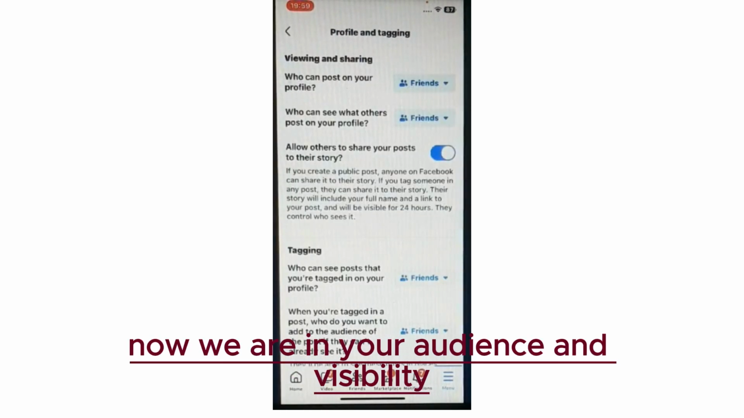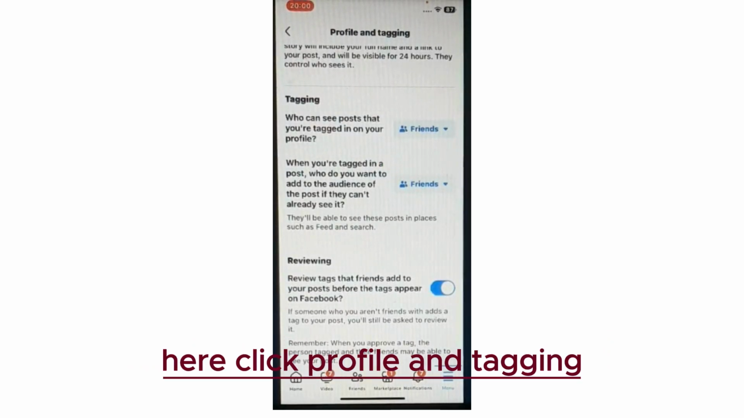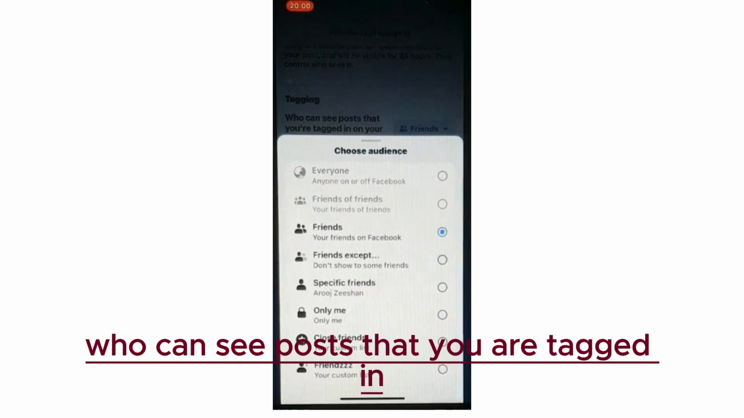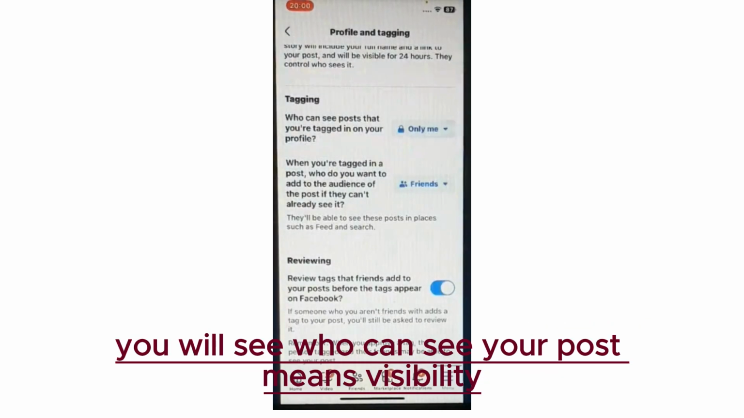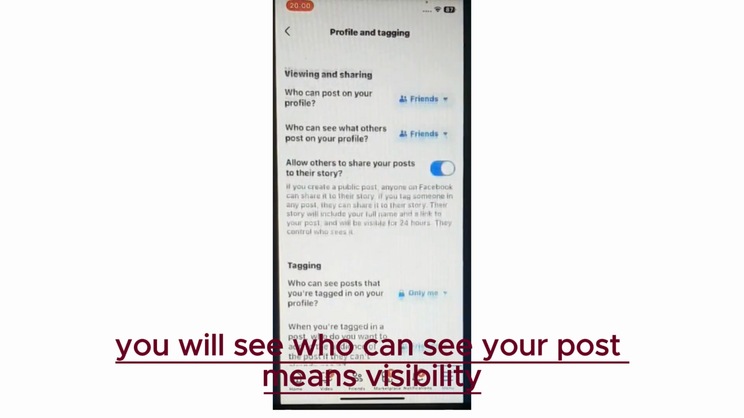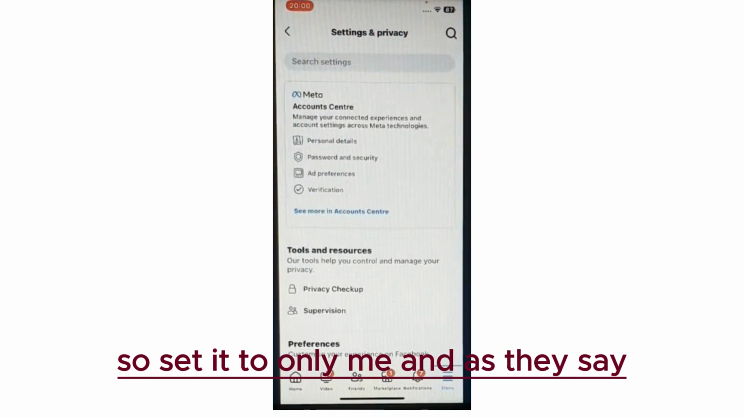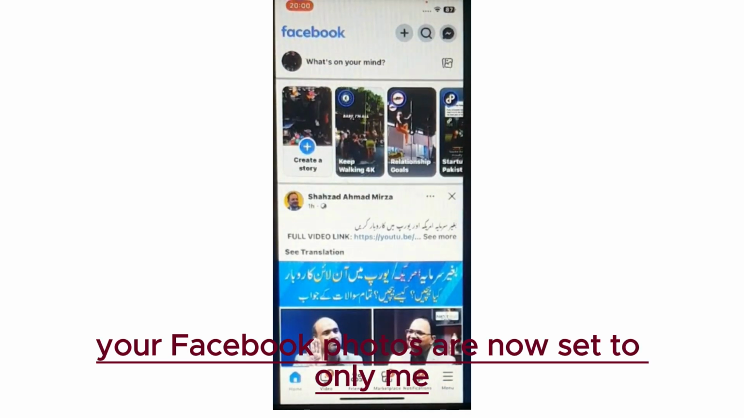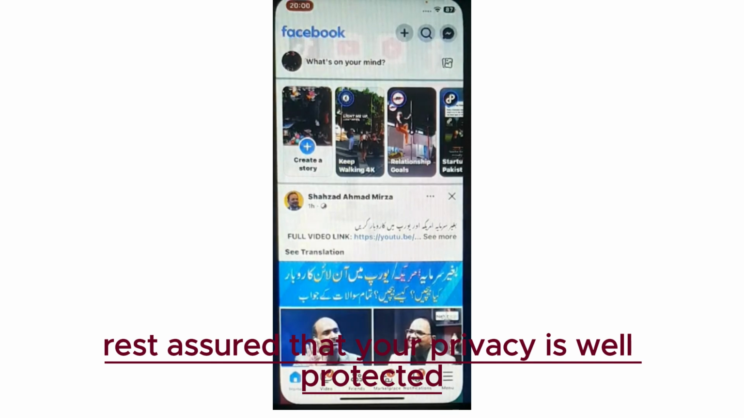Now, we are in Your Audience and Visibility. Here, click Profile and Tagging, and scroll down to the tagging section. Here it says, Who can see posts that you are tagged in on your profile? Beside it, you will see who can see your post, meaning visibility. So, set it to Only Me. And, as they say, that's the gist of it. Your Facebook photos are now set to Only Me, so you can rest assured that your privacy is well